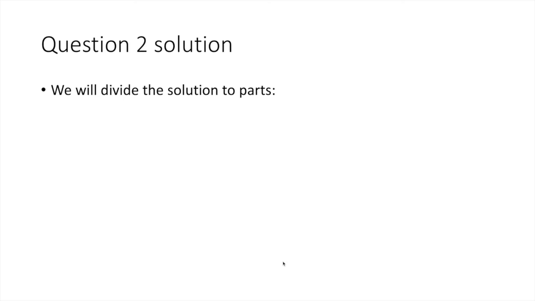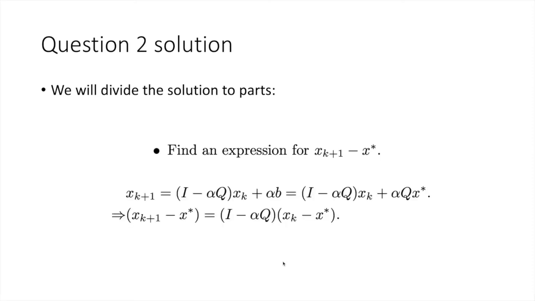So we will divide the solution into parts. The first part: let's find an expression for xk plus 1 minus x star. This expression could be derived as I minus alpha Q xk, as we have seen in the previous question, plus alpha b, and that is equal to I minus alpha Q xk plus alpha Q x star, because we know that Qx star is equal to b. That means that xk plus 1 minus x star is equal to I minus alpha Q xk minus